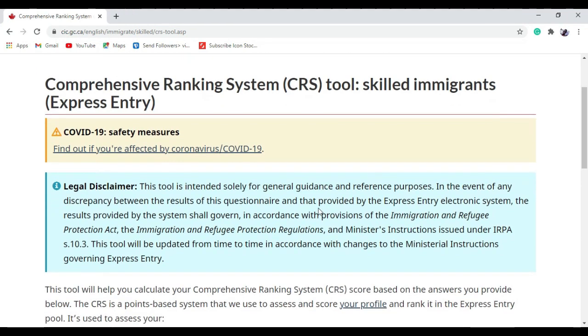Firstly, you can see that there is a legal disclaimer that this tool is intended for general guidance and for reference purposes only. And the CRS calculator keeps on changing as per any changes by the Canadian government for the Express Entry point calculation.